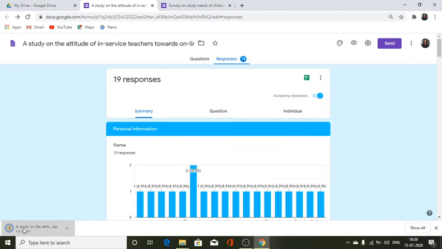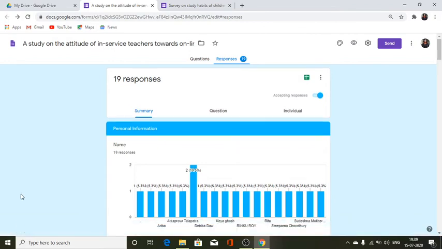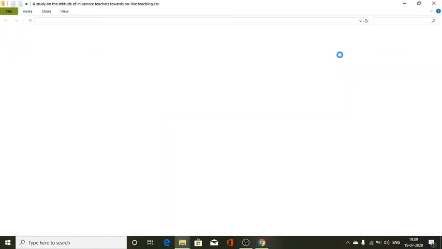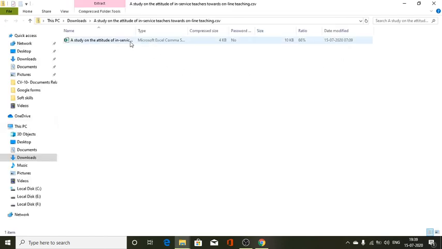And now one interesting thing about this is that, see, this spreadsheet is opening. This is my Excel form. This has been downloaded. This is my downloaded version.